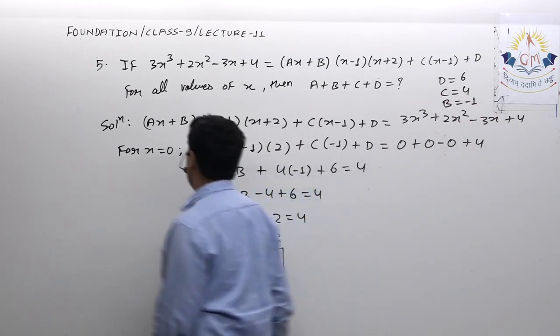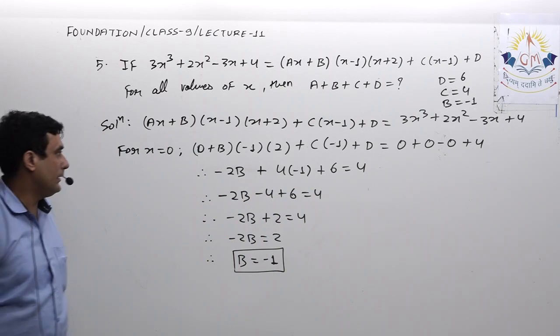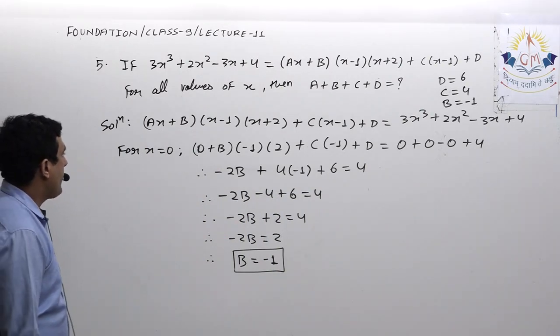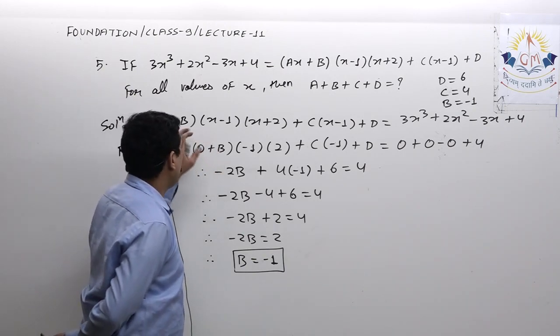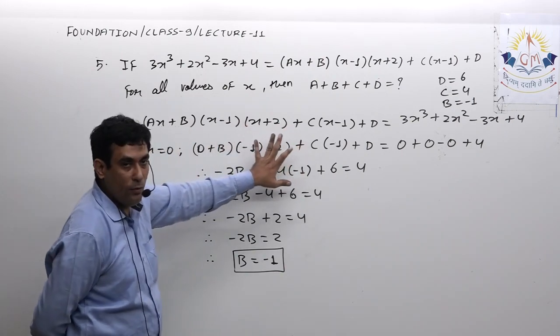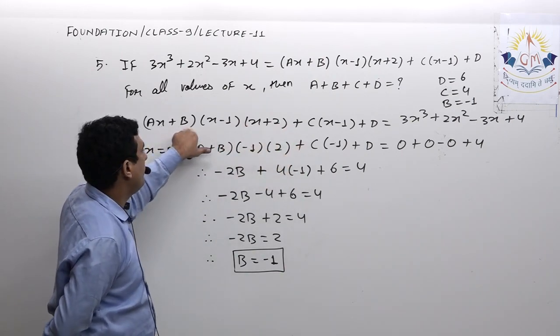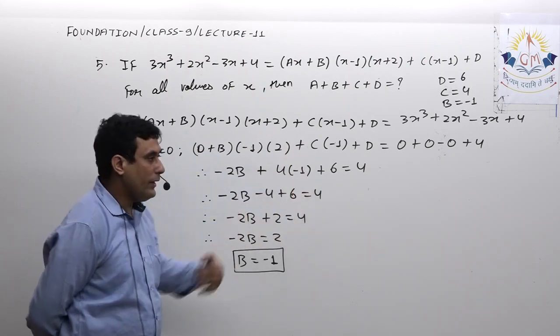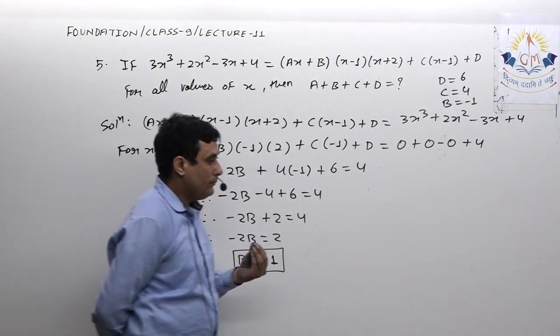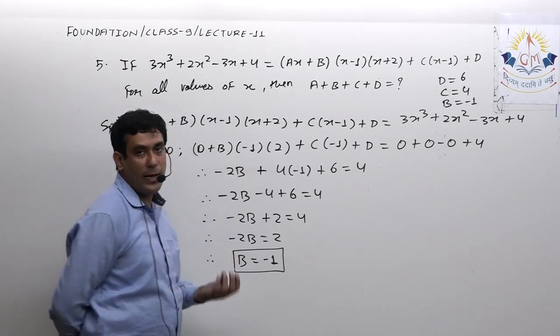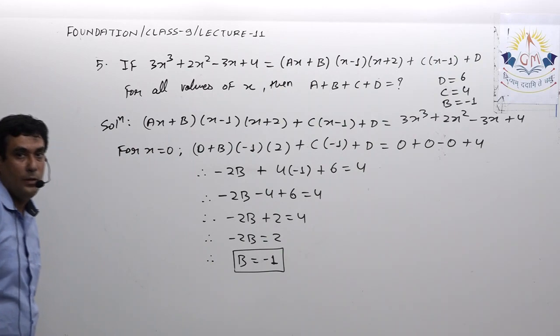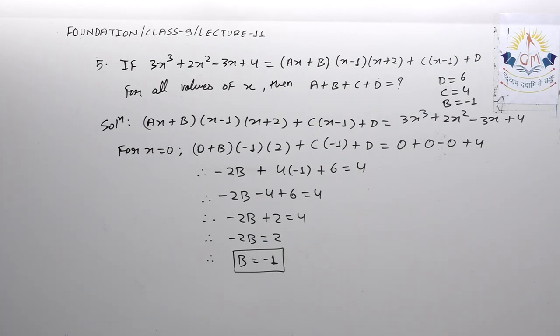Now I need the value of one more variable, that is a. So think for a while, for what value of x we'll get a. See, even if you put x equal to 99, definitely you will get the value, because we have the values of b, c and d. Now what we have to think, we have to select that value of x which makes our calculation as easy as possible. So think for a while, then I will give you its solution further.